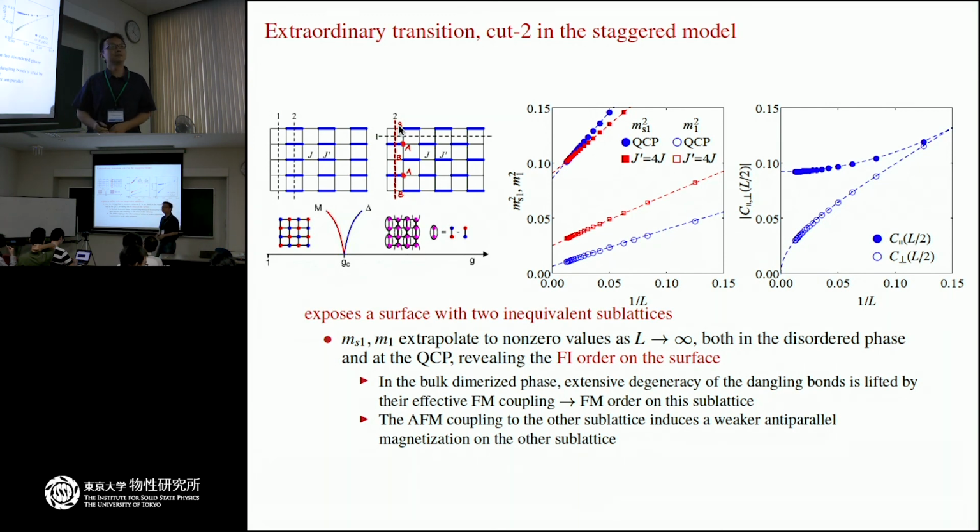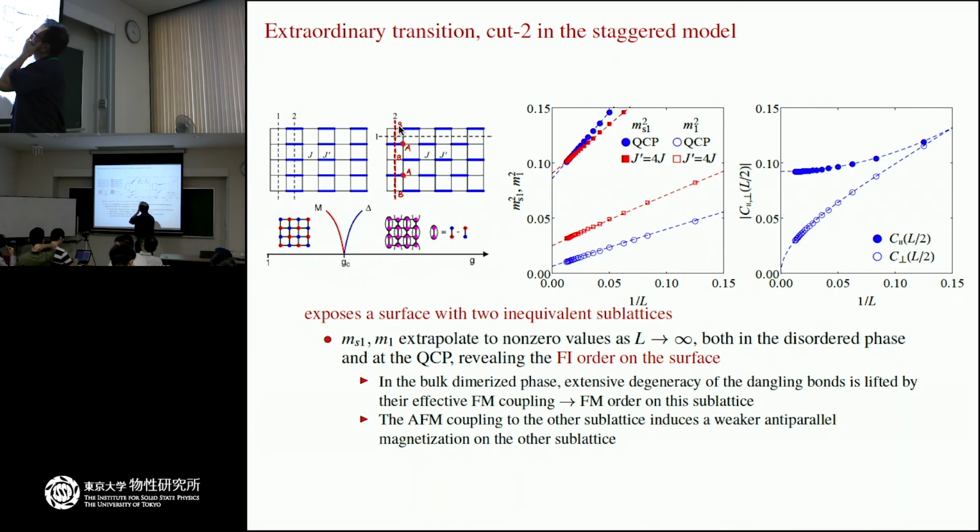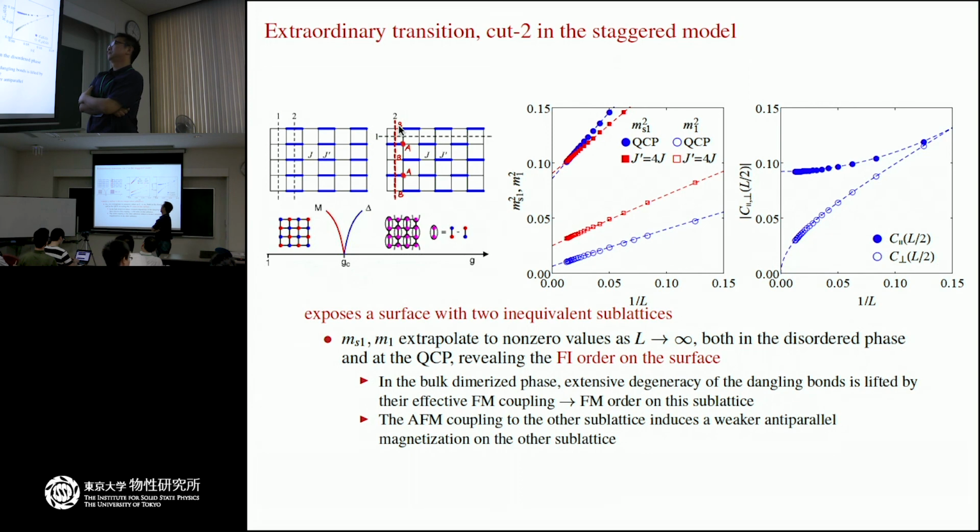But maybe it's difficult, like Ryuko says, because sublattices A and B are always different, right? Yeah, there may be something. So maybe it's not so easy to get rid of this ferri order. Yeah, I think there may be something. I mean, you could tune to some special point where you get a wave. Yeah, maybe we can study how to tune the surface Hamiltonian, right, to reach a certain state.